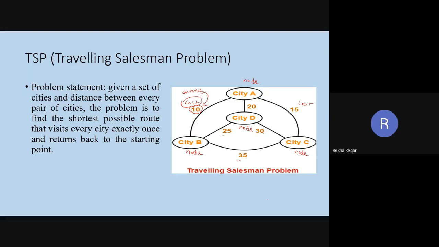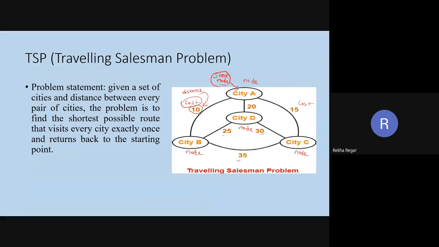Suppose A is the start node. It means in this visit we have to start with any one node. So A is the start node. Now the task is we have to start from A, visit all the cities, and come back to city A with the minimum distance.